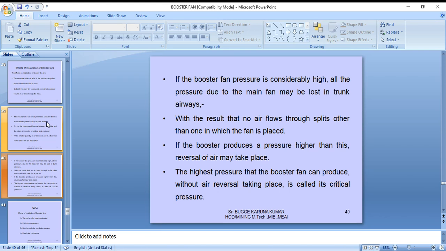The highest pressure that a booster fan can produce without air reversal taking place is called the critical pressure. That is a major thing. So now these are the major things you can observe here as regarding the